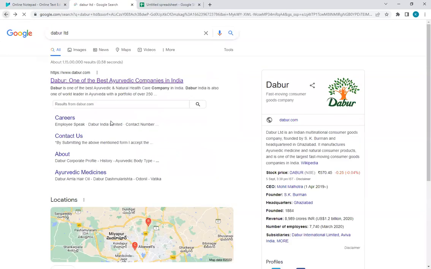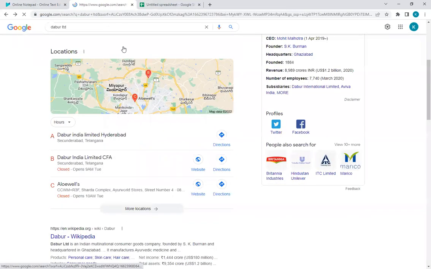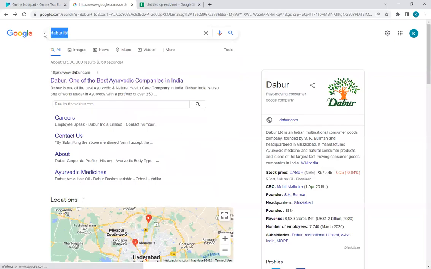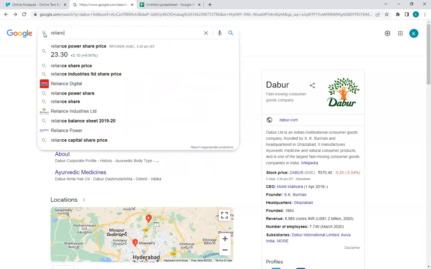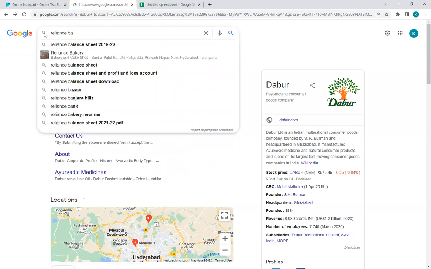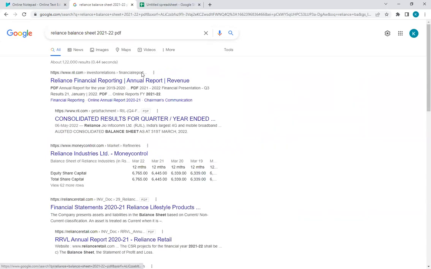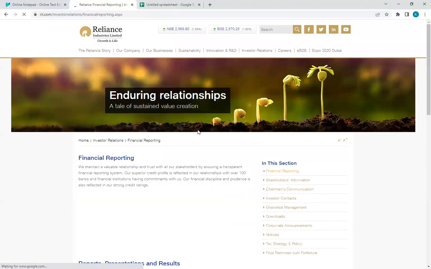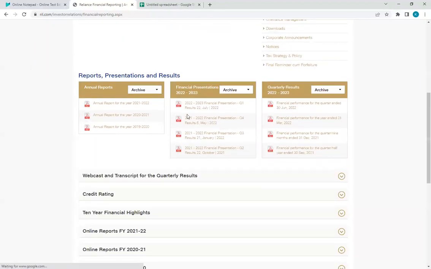Okay, let me go to any other company as an example. For example, if I go to Reliance, Reliance balance sheet, I can take the latest one, 2021. So this one. So here, if you see,